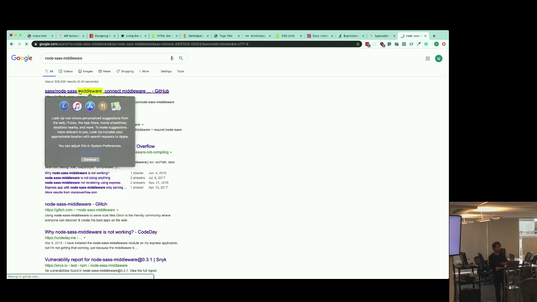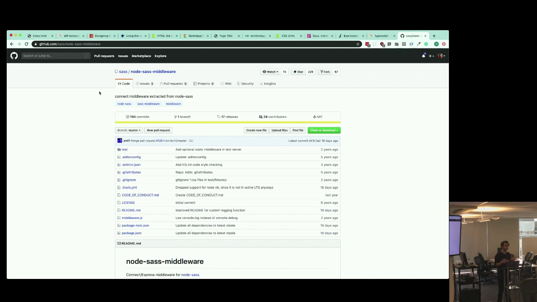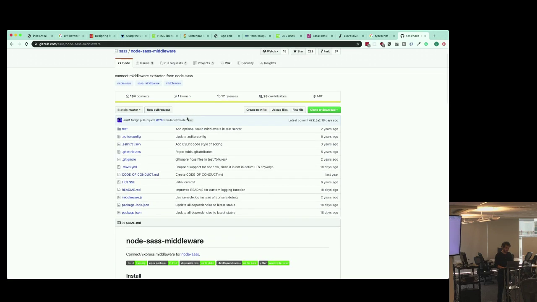So there is this thing called Node Sass middleware. Last week, you played around with Express. Express is pretty cool. One of the nice things about Express is that it lets you bring in plugins. You used middleware for Vue stuff. There is also middleware for doing things like